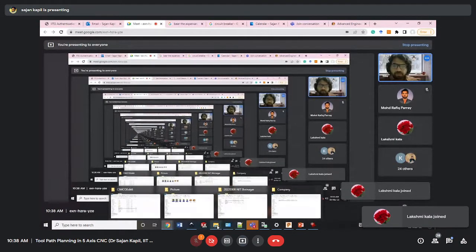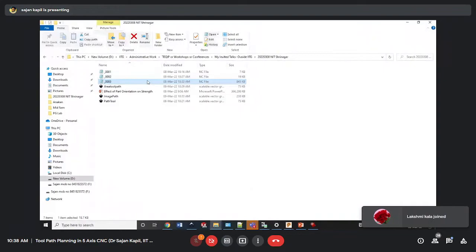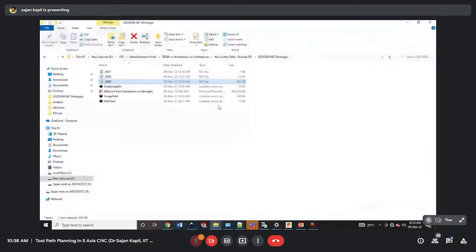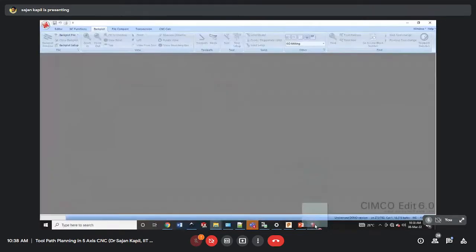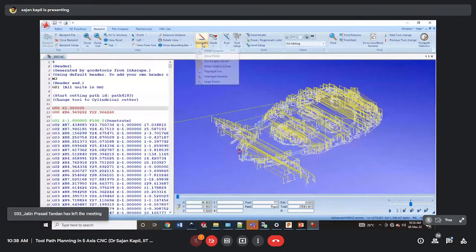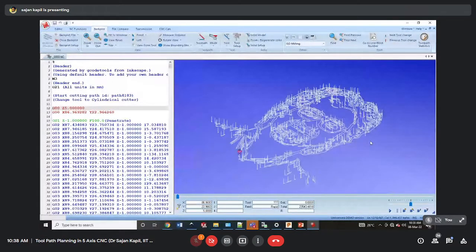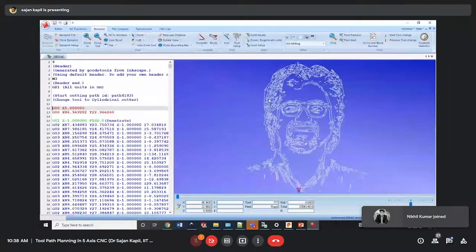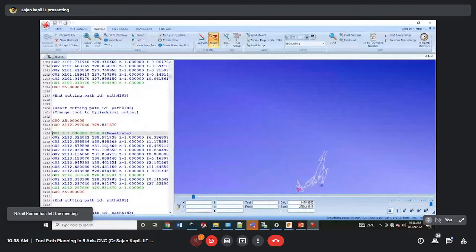Okay, let me just show you what we created. We created just 0003. Let me close this first and drop this 0003 toolpath, which is of my face, and backplot it. I don't want to see these yellow paths, those are the rapid motions. I want to see only the top view. Here you can see, if I play,